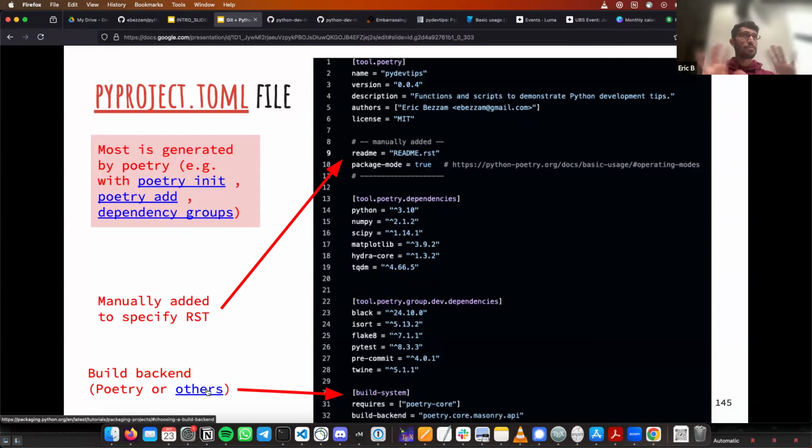But Poetry gives this framework to do many other things more than just packaging. I also mentioned how you can interactively add projects or dependencies to your Python project. Whenever you run Poetry add, it's going to install that library, but then it's going to add a line here. Essentially all these 30 lines of code, I didn't write any of them except these